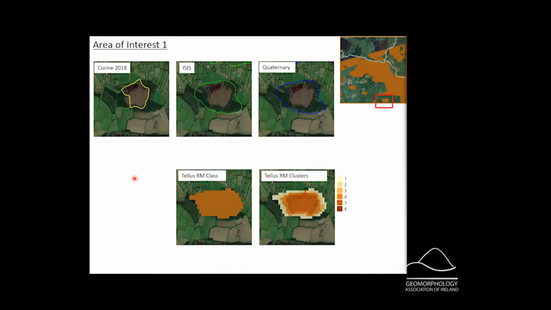Now, just to finish up, I wanted to zoom into 2 areas and highlight the local differences between legacy databases and the radiometric method presented here. The first is this red box to the southeast of the site, and you can see the Corine database has identified this as peat, but also partially as coniferous forest. This again is because the database is derived from optical surface reflection. The Soil Information System and Quaternary Maps database both highlight these areas of peat, and the radiometric method matches closely